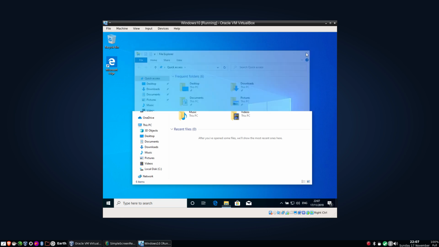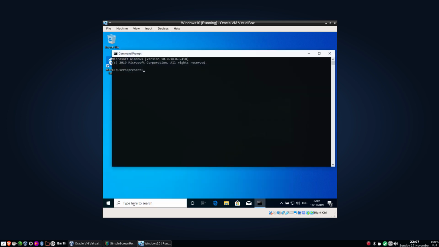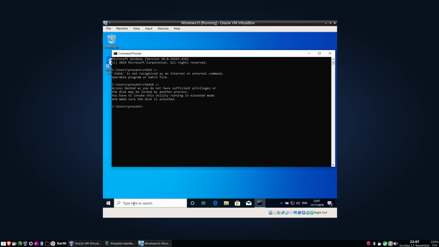But it did say to run one, so for those people who do have to dual boot, we need command, so it's just cmd. Chkdsk. Okay, access denied, you don't have sufficient privileges, this may be locked, blah blah. Okay. So it's not going to let me check the disk, which is unfortunate because it is mounted, I guess, and it's to stop it from getting in the